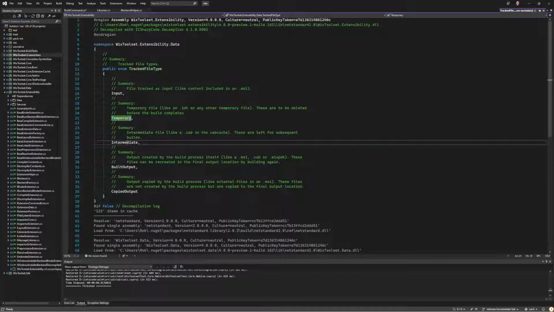All right, so then there's these intermediate files. And these are like temporary files. They're not meant to be going to the output, but they are different in that we want to keep them from one build to the next. There aren't a lot of examples of these files, but cab files are one of them, because there's a feature in Wix that is the cab cache, where we will keep all your cabs in a folder from one build